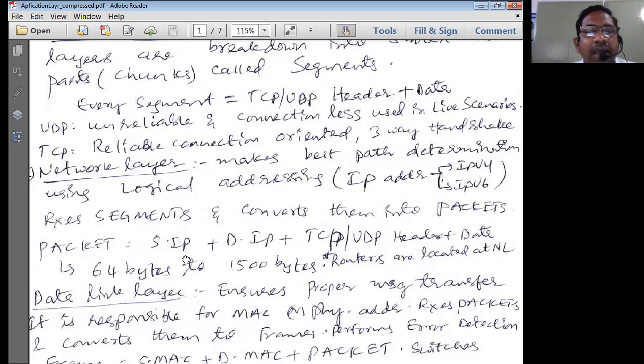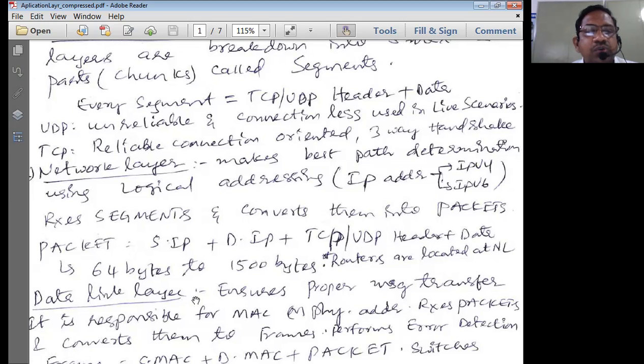So what information does the packet contain in general? The packet contains the source IP address, the destination IP address, and the protocol on which the data is being transmitted, whether it is using the TCP protocol or the UDP protocol. TCP is basically a connection-oriented service, and UDP is a connectionless service. That header information is simply added along with the actual data, known as the load.